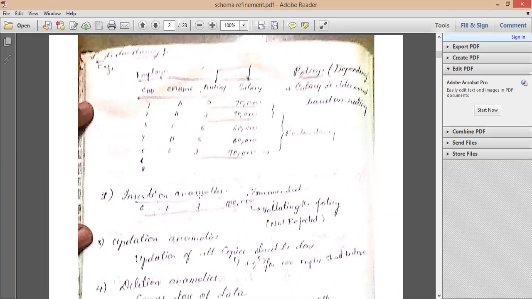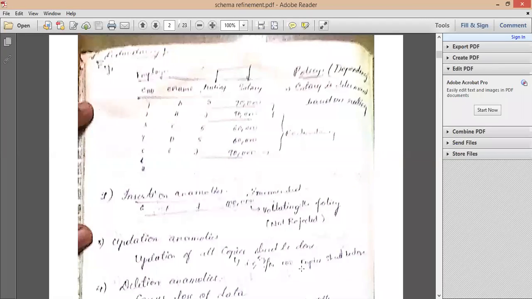Now suppose you have an example where you have employee number, name, rating, and salary. First, insertion anomaly. Suppose you want to insert some data, and I'm inserting more than one value for a particular column, then it violates the policy. That is called insertion anomaly. Insertion anomaly is basically inserting only one value for a particular record or a particular column.